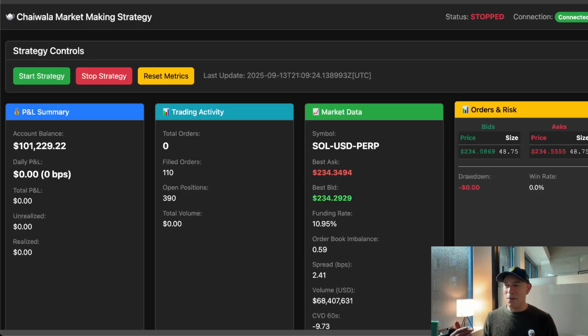Maybe pegging that limit order to the best bid, and trying to get it filled passively, rather than getting picked off by